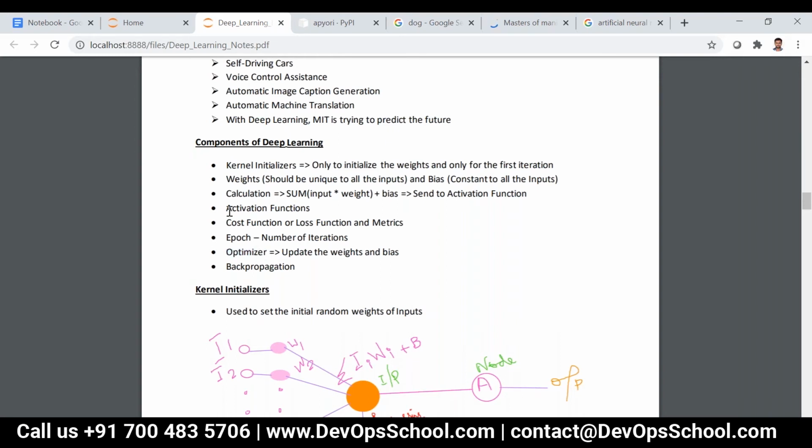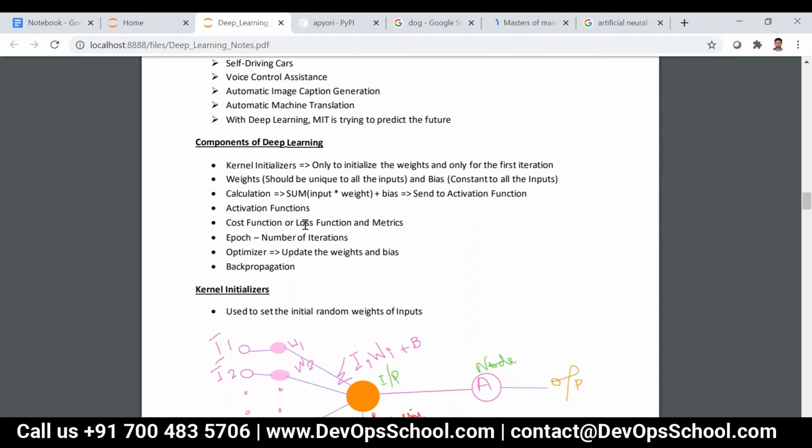Then we have something called the activation function, which we will discuss. And then we have the cost function, or loss function. What is the use of this? It finds the accuracy of the model at the end of each and every iteration.